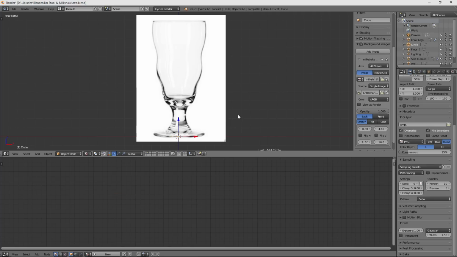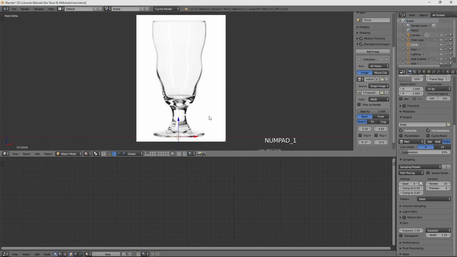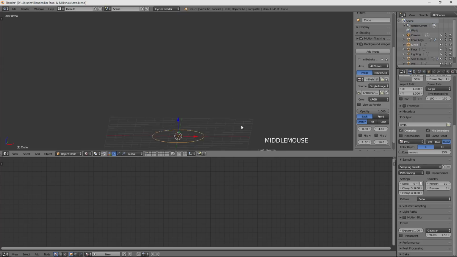And a circle, as you can see, is literally a flat circle that has no faces. It's just vertices. I'm going to scale that circle. I'm going to do a Shift Z to scale it out along, I talked about this in my last tutorial, along the X and Y plane so that it's bigger now.